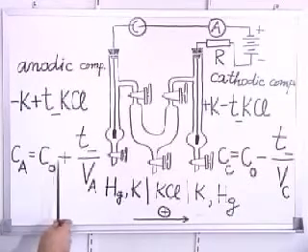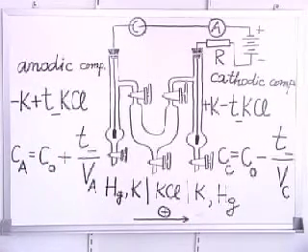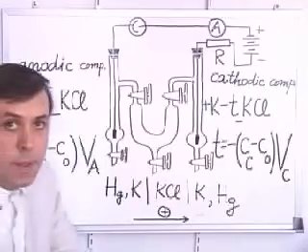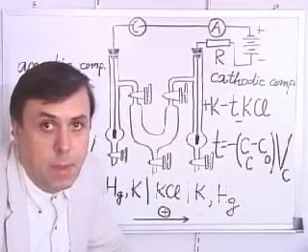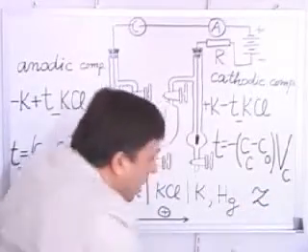We may solve these expressions for T minus. And of course, if the number of Faradays that have passed through the system were not 1, but Z, we will have